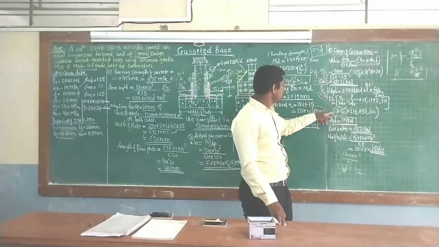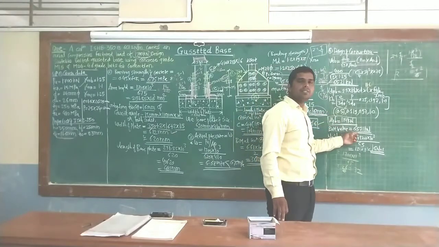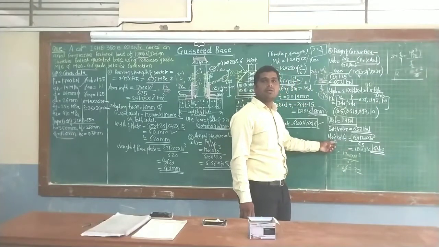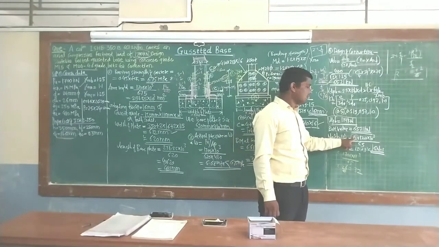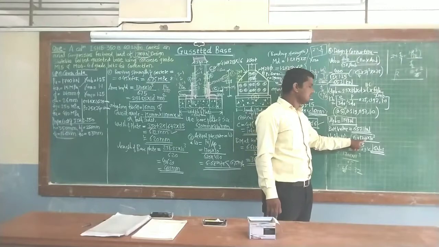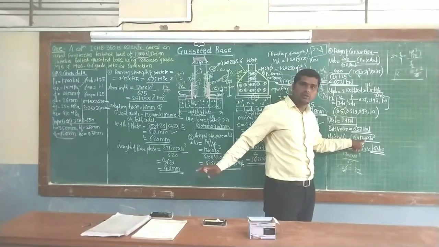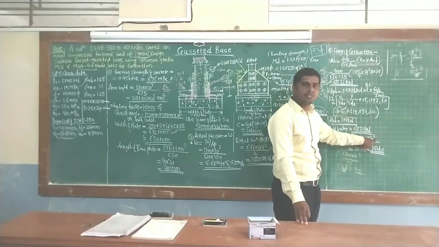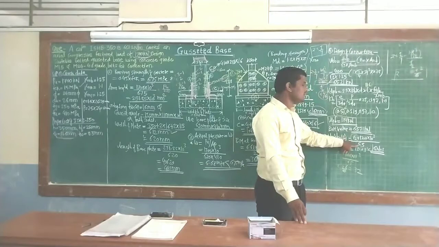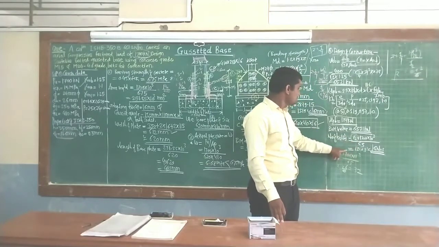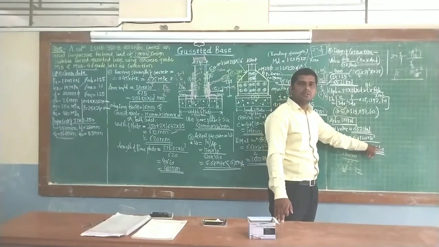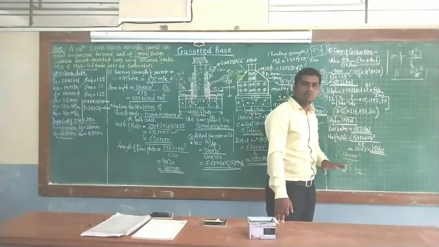So out of these two values, the minimum will be 65.2 kilonewton. Then we are going to find out the number of bolts. So 1 by 2 into 1700, the factored load given in terms of kilonewton, by multiplying by 1000 will convert to newton, divided by the minimum bolt value 65.21. So the answer is 13.03, which is nearly equal to, we are going to consider 16 number of bolts.